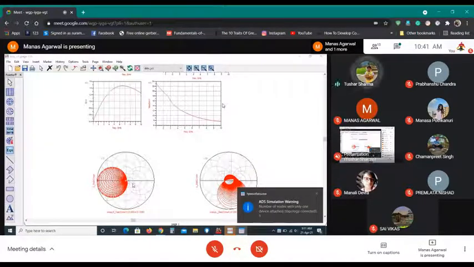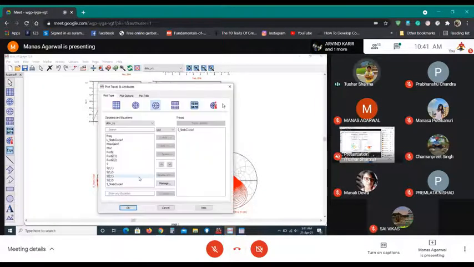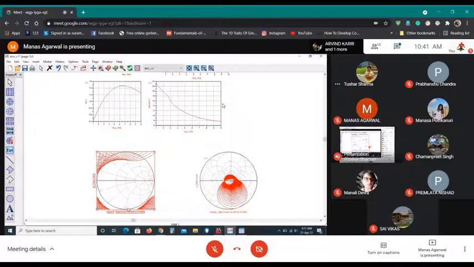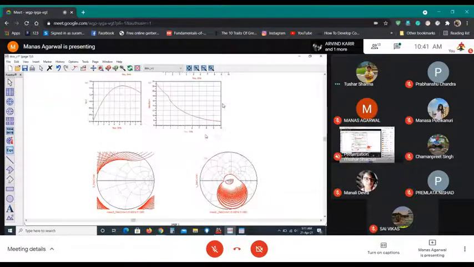Okay, so double click the Smith chart first. Go to plot options. Click auto scale and make that 1. Same you do there. Double click the Smith chart, not the curves.